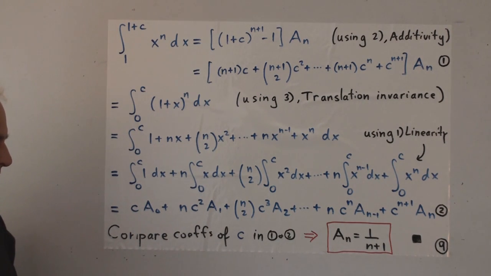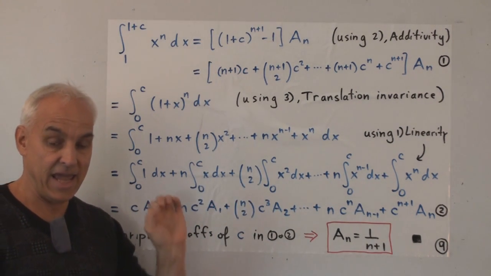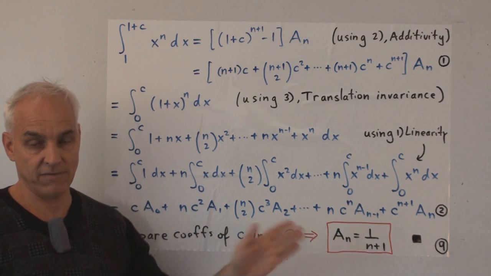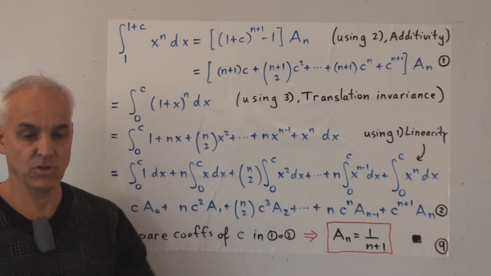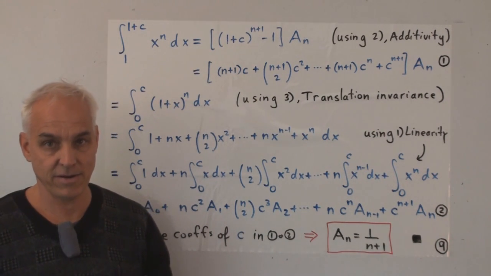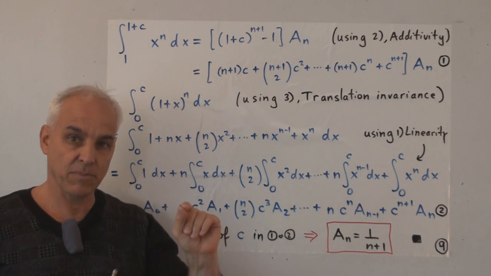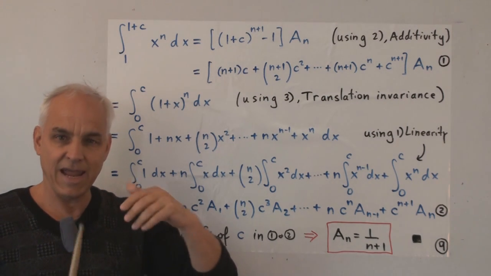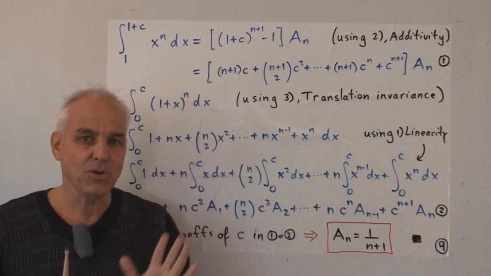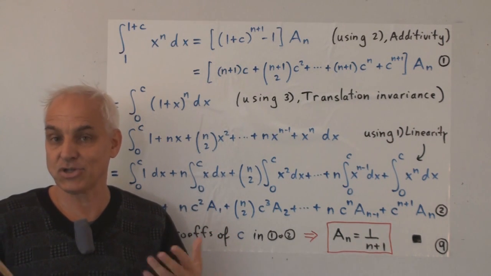So that formula that we had on the previous page tells us the integral from 0 to a of x to the n dx is a to the n plus 1 times this a sub n, which is 1 over n plus 1, and that is Cavalieri's formula. So we have established Cavalieri's formula for a general natural number n. We're using the binomial theorem here for natural numbers. We've done it without any infinite processes. We've done it without any sophisticated concept of the integral. All we've really used is the 5 properties that the integral should satisfy if it's going to act like an area.